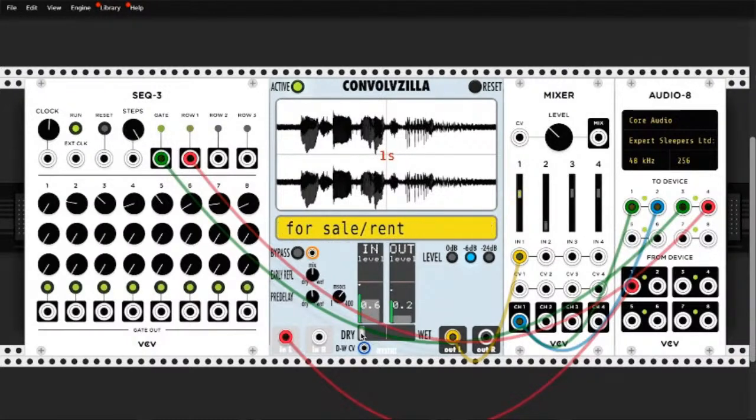Now, I'm personally a huge fan of convolution reverbs because you can provide any audio source as the impulse response for the reverb. So in this case, I've actually dropped in a short clip of myself talking from earlier in this video. So when we turn up the dry wet mix here,